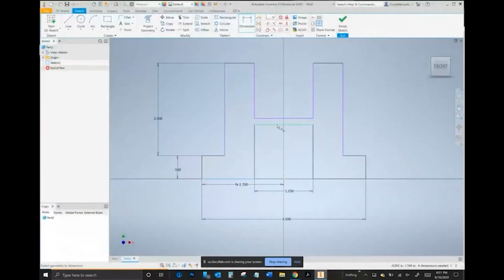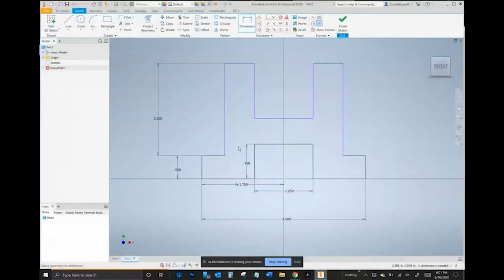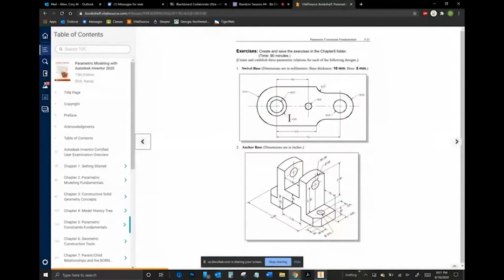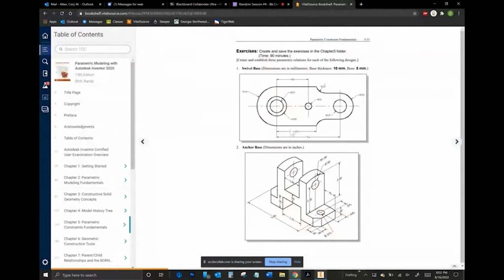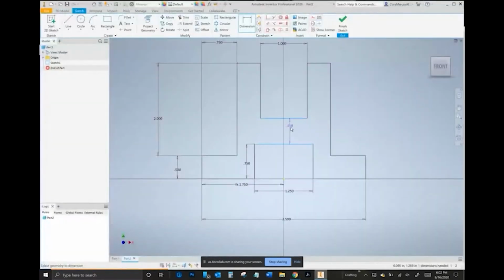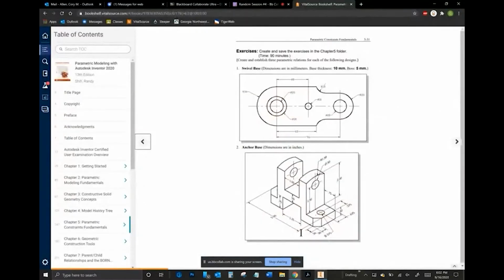It's 0.75 tall. 0.75 wide. And 1 between here. 0.5 here as well. Okay, so there's a rough sketch, which is